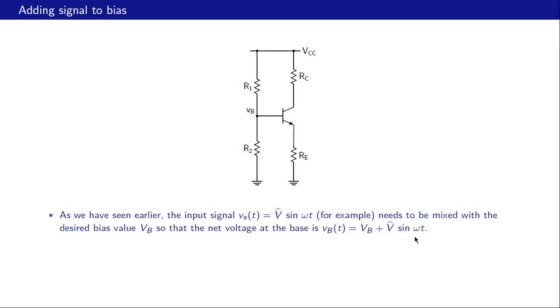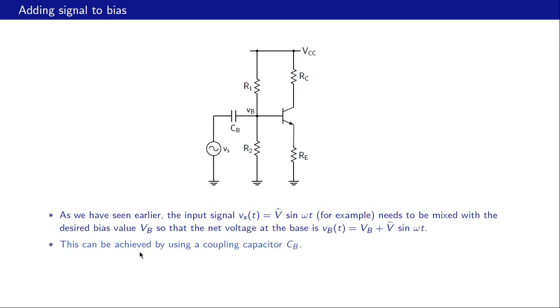Now the signal we have taken as a sinusoid, but in general it need not be a sinusoid. For example, if we have an audio application, then it's not one single frequency, but a whole bunch of frequencies with different Fourier components and so on. So if you look at the audio signal in time domain, it will look very different from a pure sinusoid. But for simplicity of analysis, we often take V cap sine omega t as the input signal. So let's proceed with that. So now the challenge is to mix these two,